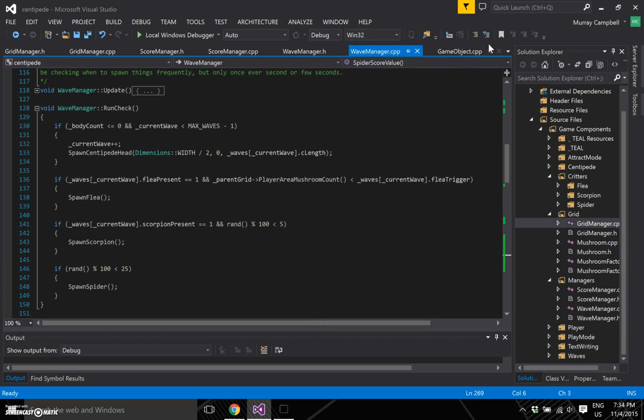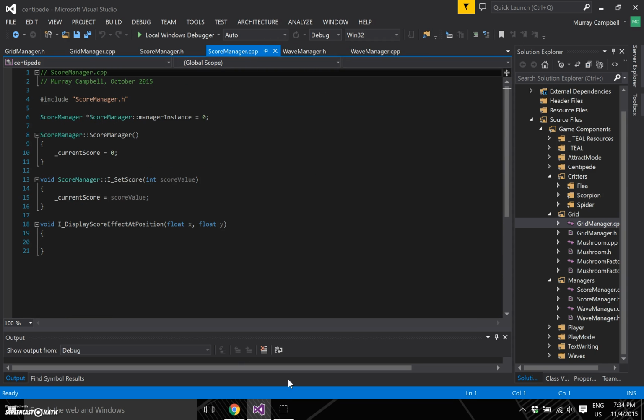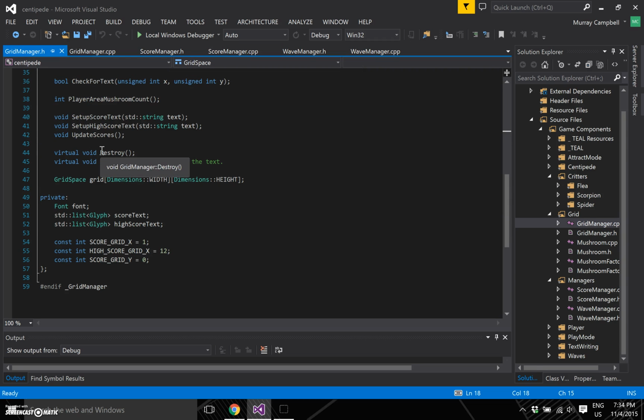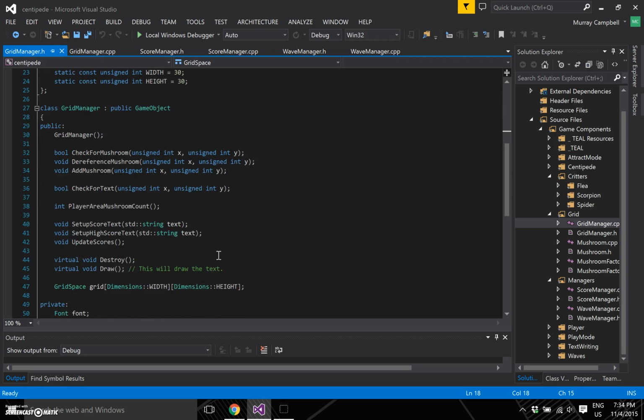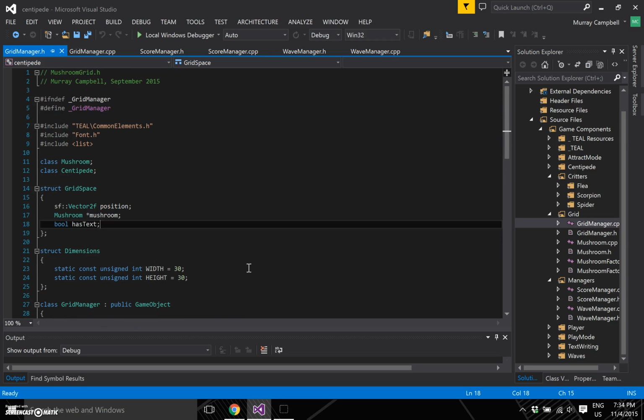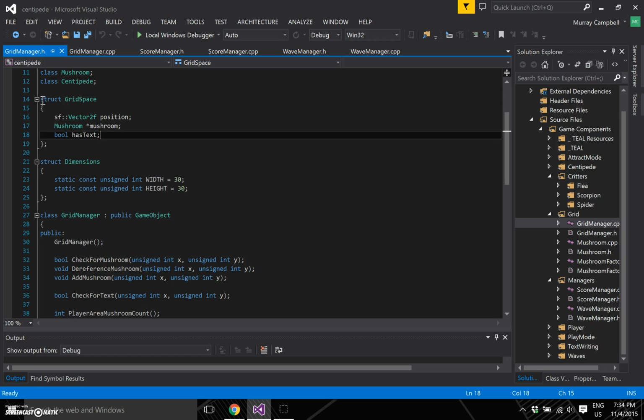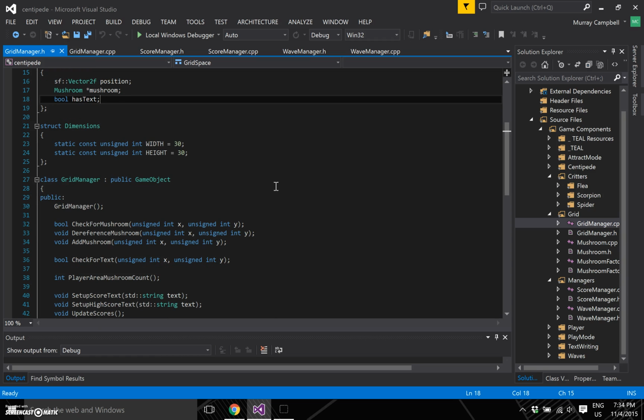But yeah, that's basically how this is looking right now. Everything's going well. Things are a lot easier to implement now that I'm out of the whole centipede nonsense. And I'm finding that I'm actually very glad that I set up this grid manager system in the beginning. I know some people don't have a set grid manager or whatever. I'm very happy with it because